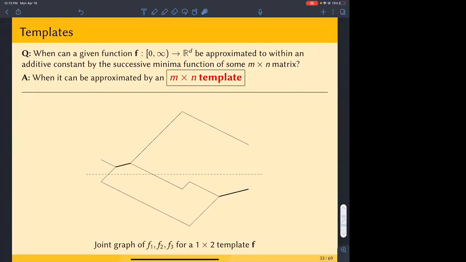So here is a definition by picture. This is an example of a 1 by 2 template. Okay, so this is what it looks like. This is a template, unlike the successive minima functions, which are extremely difficult to draw. For those of you interested in the geometry of numbers,